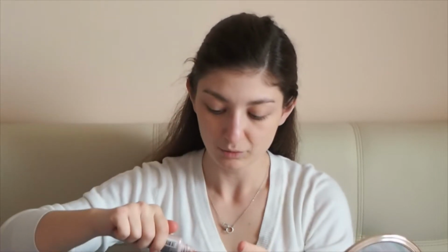I will start with my sensational 10-in-1 primer from Catrice. This is a radiant looking primer, but first let me back my hair. Now let's prime the face. This will be a full face and full makeup tutorial, so maybe it will be a little bit longer than usual, but I will try to prime my face with my sensational